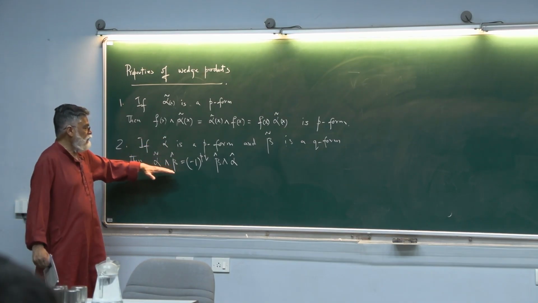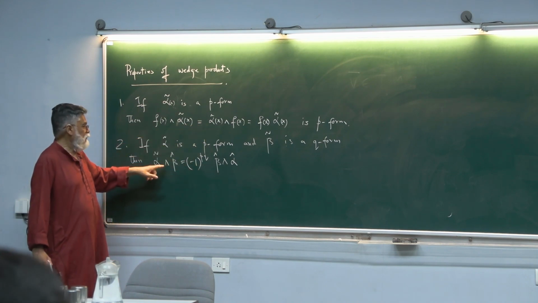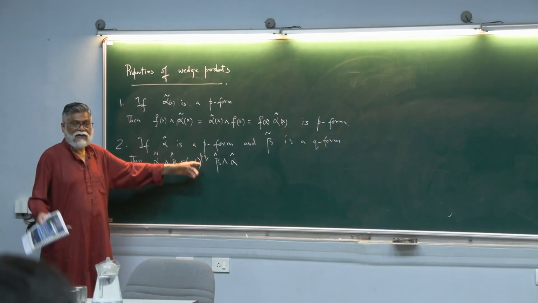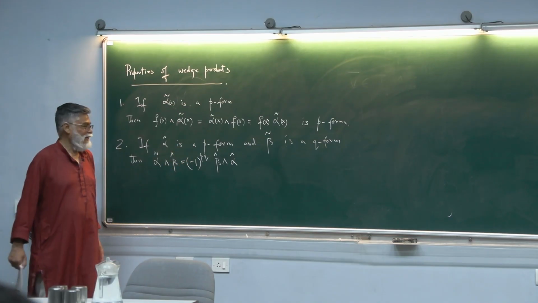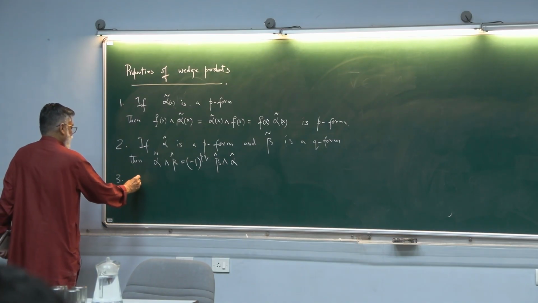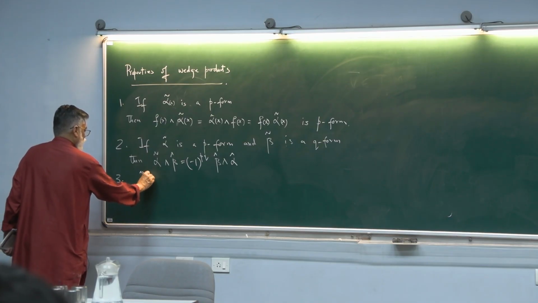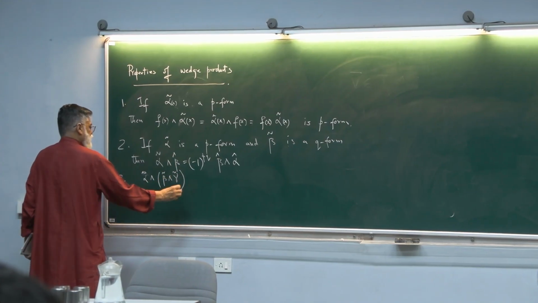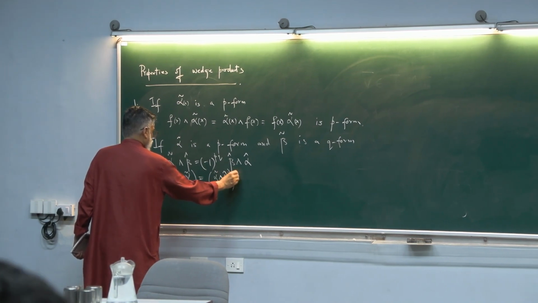By the way, you can see from here, this also follows. Why? Because if alpha is a zero form, p is 0, 0 into q is 0, minus 1 to the power 0 is 1. So it doesn't matter how you write it. Then all those associative properties are trivial. That is, alpha wedge beta wedge gamma